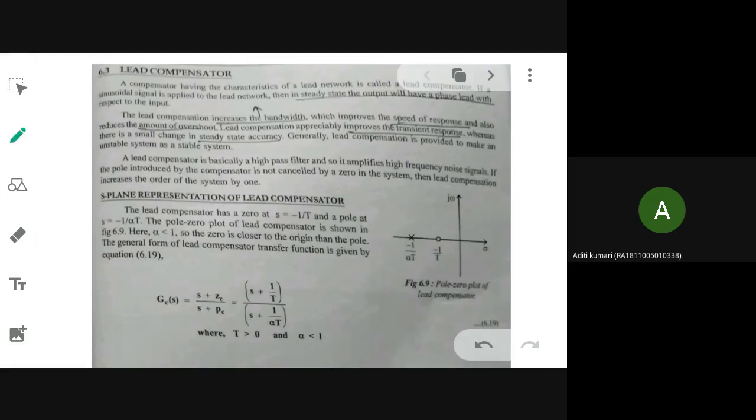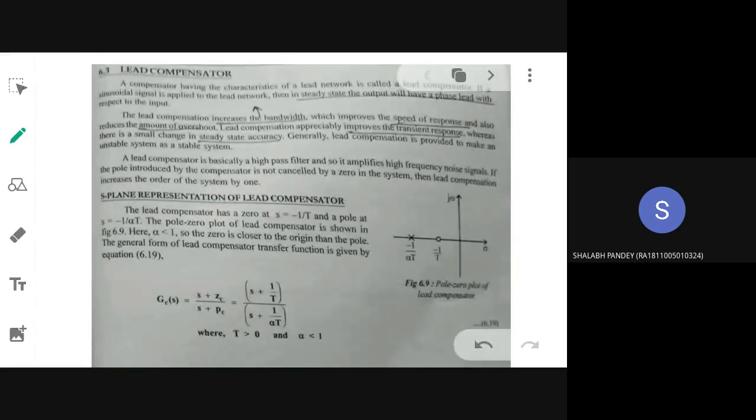Okay, last class, what are the things that we discussed? We are discussing the necessity of compensator and the different types. So what are the different types of compensator? Lead compensator, lead lag compensator, lag compensator. Okay, so last class we have discussed how to do design using Bode plot for a lag compensator. Today we'll do the same for a lead compensator.